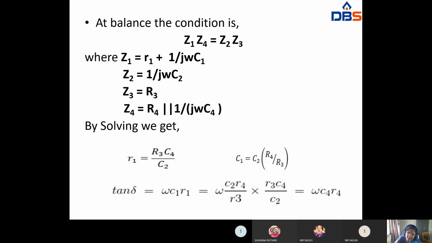So in a Schering bridge, in the Z1 place you are connecting a resistor in series with a capacitor. In the DC and AC bridges there are other parameters like this. So you have to write those Z1, Z2, Z3, Z4 and substitute them in this equation. By solving, equating real terms and imaginary terms, you can get the unknown capacitance which is to be found out. So see here Z1, Z2, Z3, Z4. Why? Because in the Z1 place, see in the diagram,